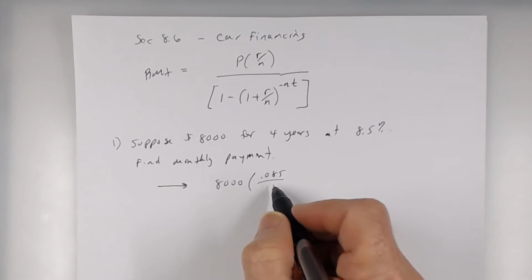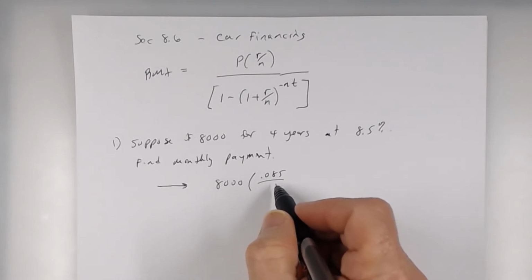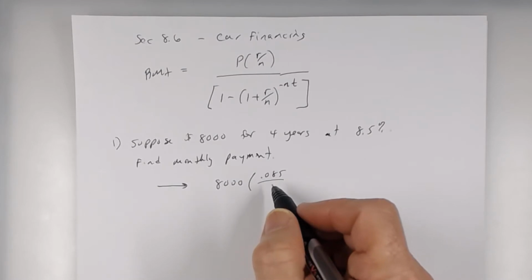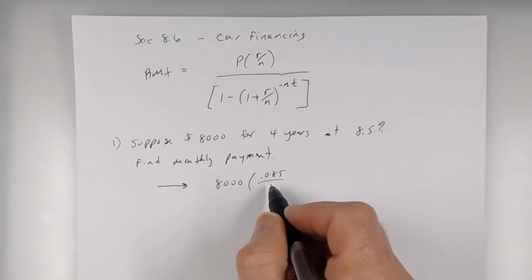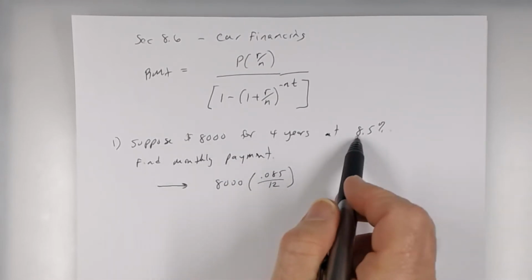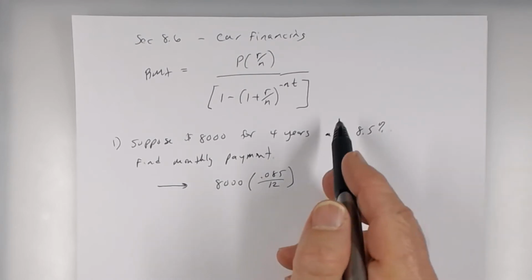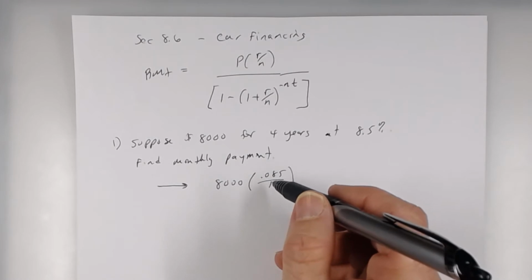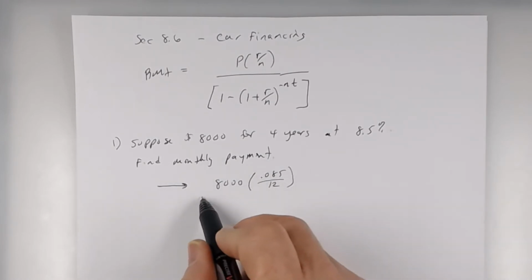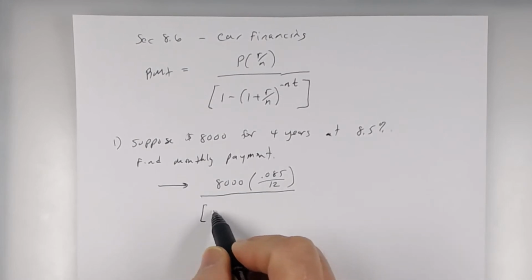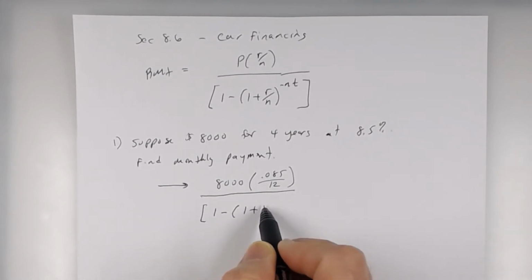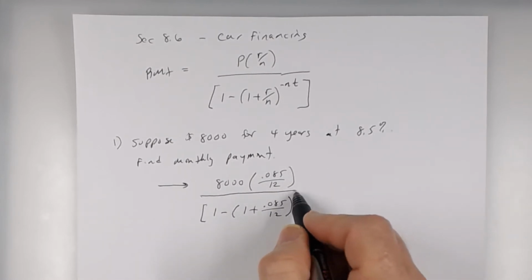All right, now let's talk about N. N is how many times it is being compounded per year. Whenever you're talking about a car payment, how many car payments do you make a year? 12. So N is 12 in this case. Notice that nowhere in the problem did it say 12 times a year, because in an installment plan, it's usually monthly, and for cars, it's monthly. All divided by bracket 1 minus, in parentheses, 1 plus R. R is 0.085 divided by 12. Close the parentheses, and all raised